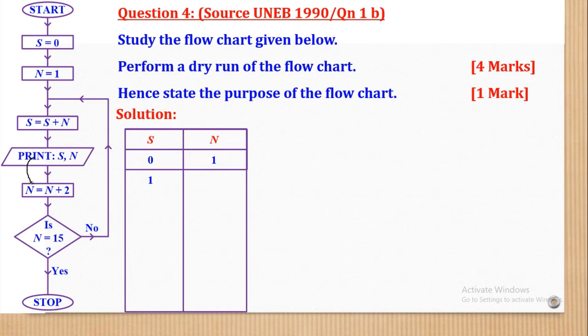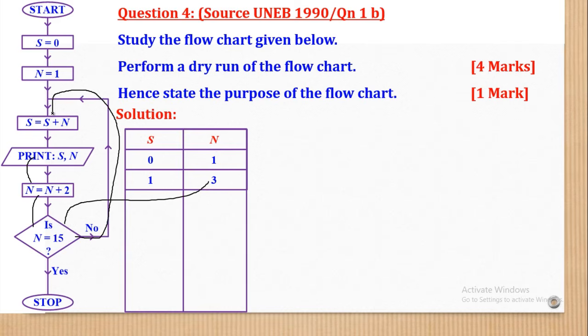Then from there we go to n. N becomes n plus 2. So you increment n by 2. So n was 1. Increment by 2, you come up with 3. Then from there, ask yourself, is n equal to 15? This one gives you an answer of no. So no means that you go and